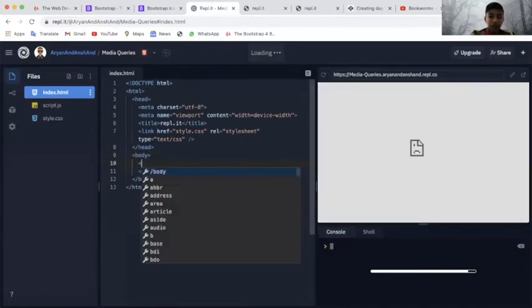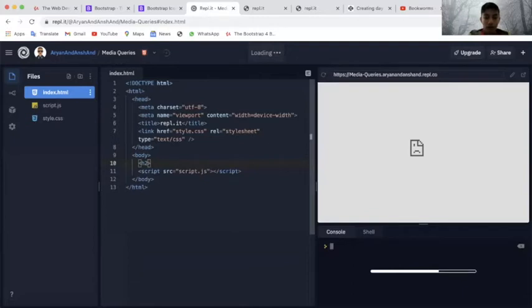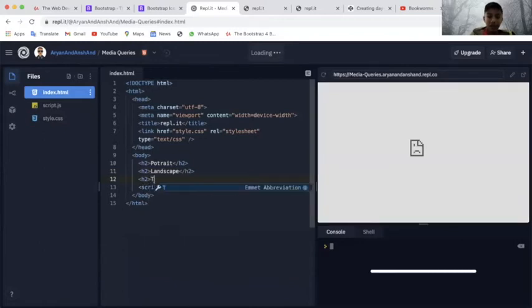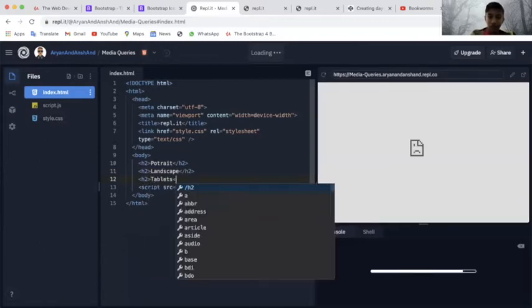I'll create a bunch of h2s, and I'll write portrait on the first one. Then on the second one, I'll write landscape. On the third one, I'll write tablets.